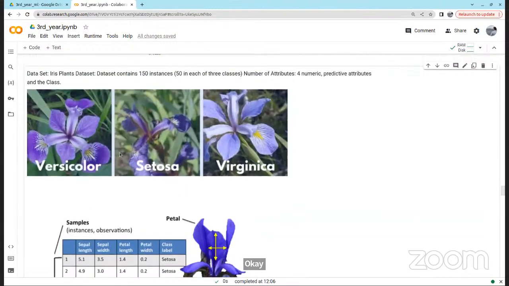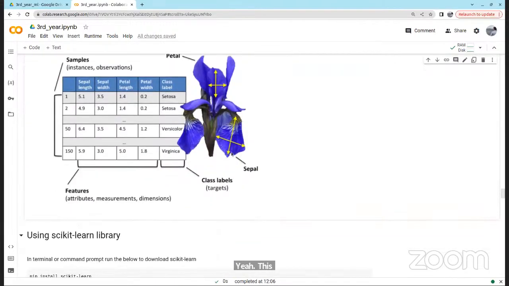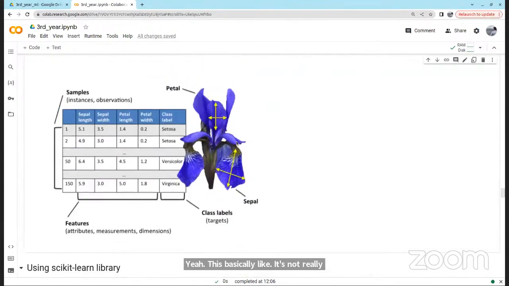It's not really that important to understand the data, because here it is very domain related. If not this, you will get another dataset. Understanding the code is important. But here anyway we have the figure. These are the petals, these are the sepals.